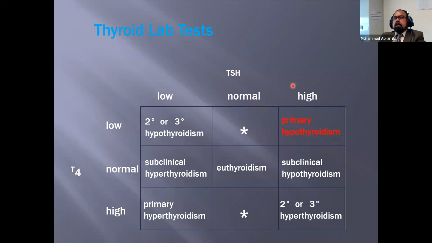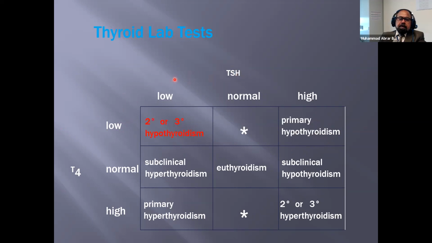Although the pituitary is asking the thyroid to secrete more and more thyroid hormone, the thyroid gland itself is not secreting it, which means there is a problem in the thyroid gland itself, which is not producing hormone and is causing hypothyroidism. This is primary hypothyroidism. For example, if TSH is low and T4 is also low, this is secondary hypothyroidism. Why? Because TSH is low, it's not stimulating the thyroid, and the thyroid itself is not producing the thyroid hormone.